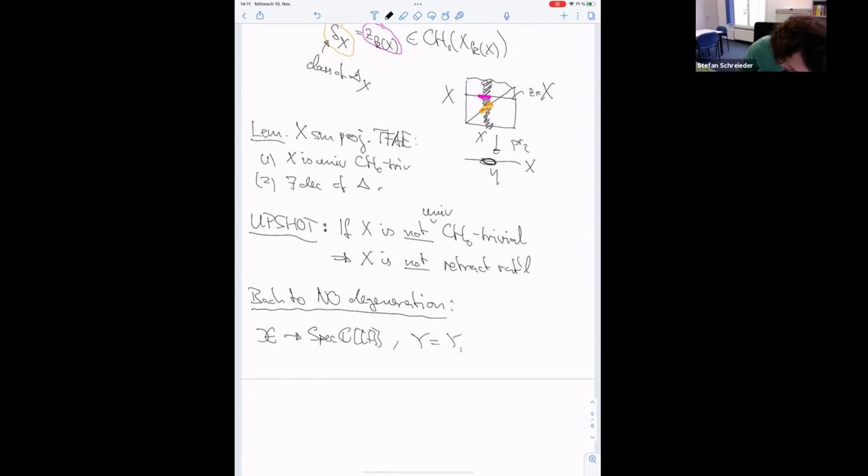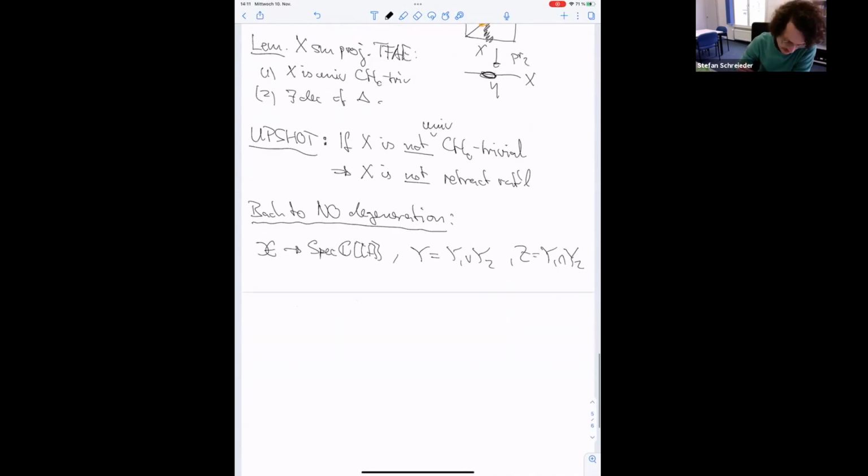Special fiber has two components. The intersection is integral. And for simplicity, I want to assume that these two guys here, the two components, are rational,